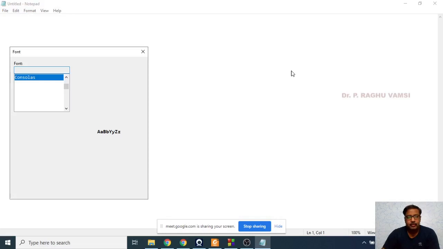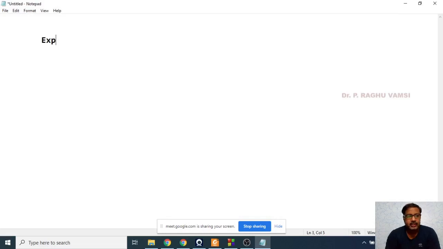So let the mathematical expression be like this: a plus b star d by e. So here, how many open brackets are there? That many closed brackets must be there.